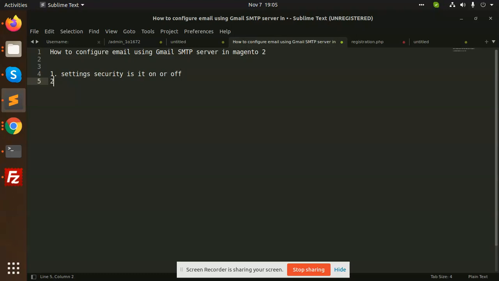Okay, second you need to check the unlock captcha. When you type unlock captcha on Google, it will redirect to that link, and you just need to press the OK. Then all the settings of the Gmail will be done, and you will definitely be able to send the emails via